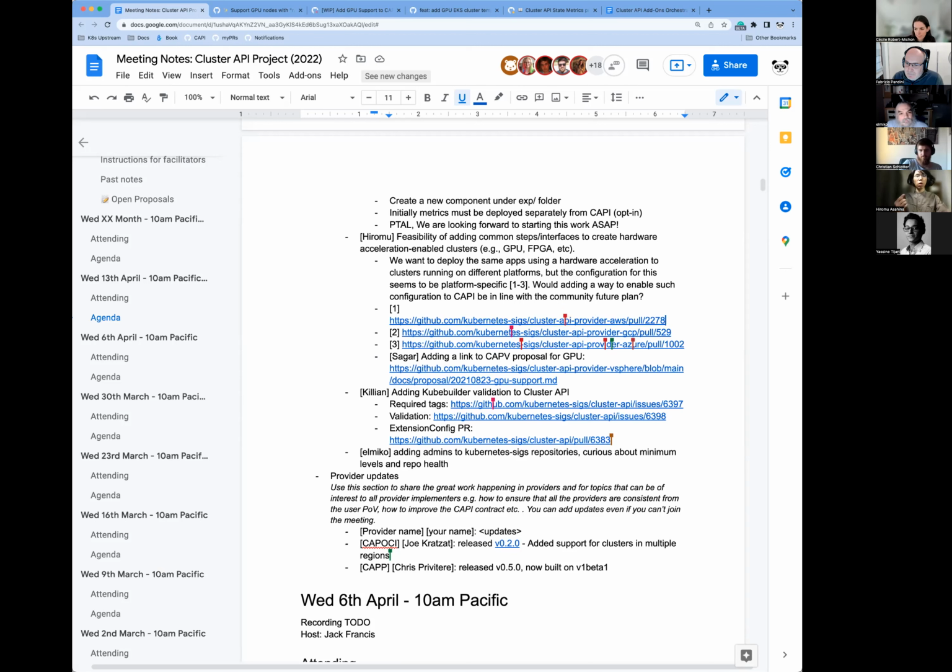One option we thought of is adding an option to clusterctl to enable GPU features for each provider, so that clusterctl can make a YAML manifest which enables GPU features corresponding to each platform. Okay, that makes sense.